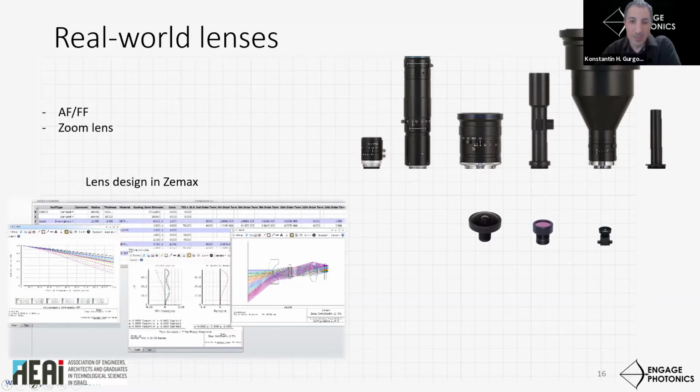And we'll see an example in this presentation. A fixed focus lens does not have that feature. A zoom lens can change its focal length, typically by displacing some optical components inside the barrel along the optical axis. And therefore, it enables changing the field of view and magnification.